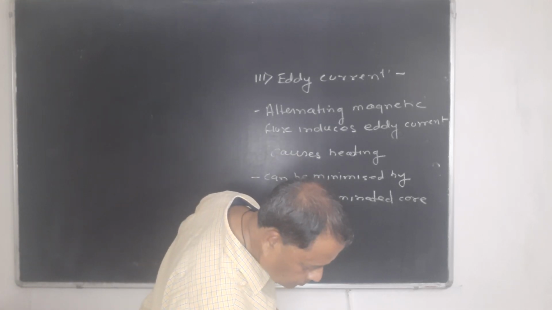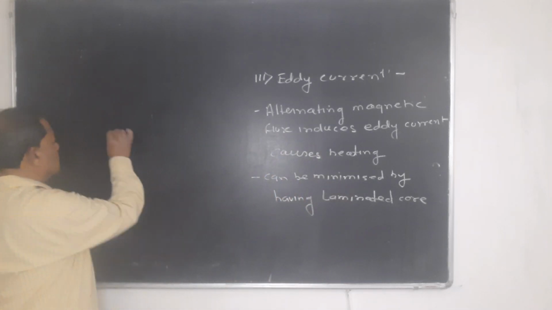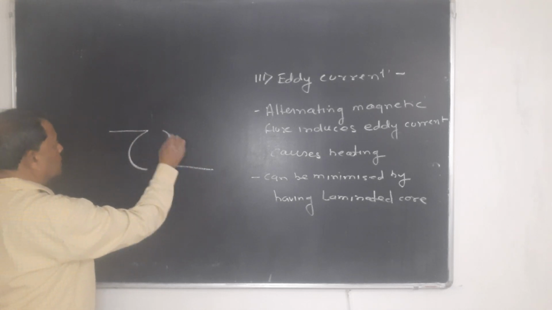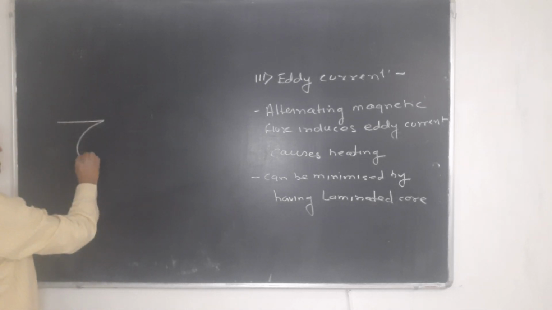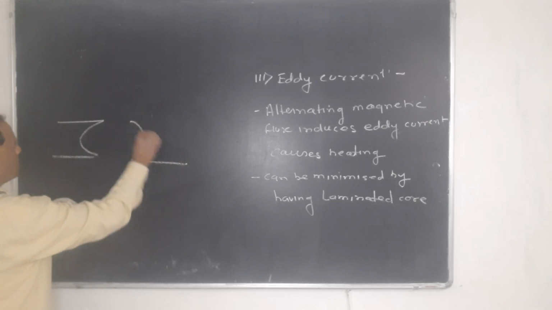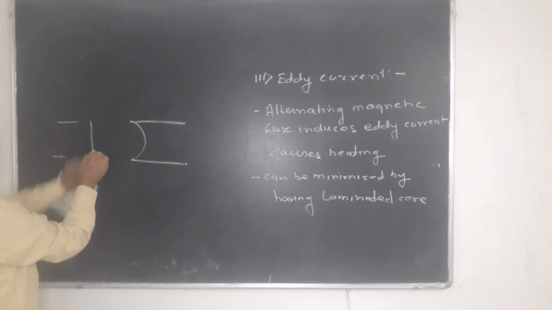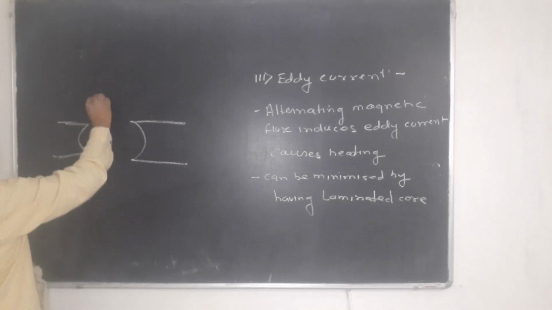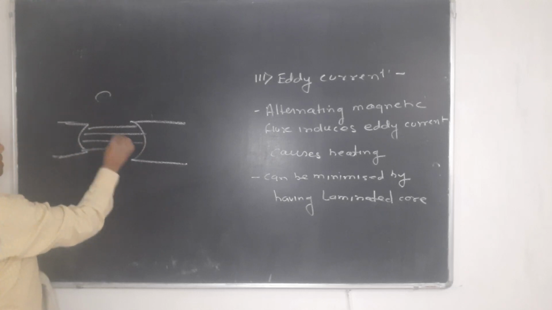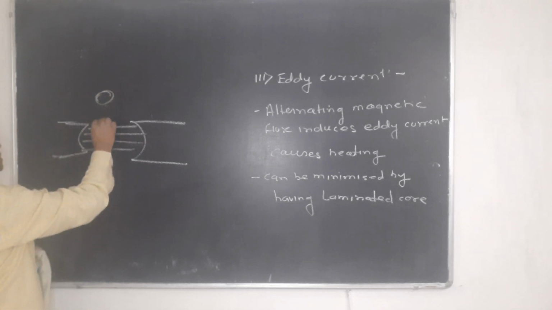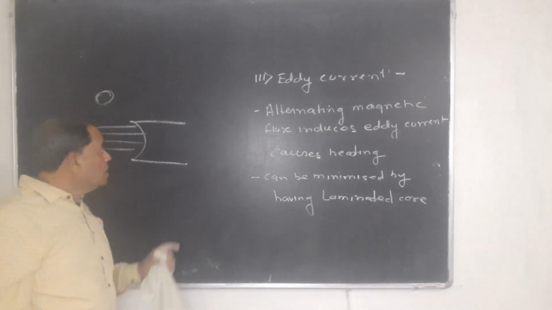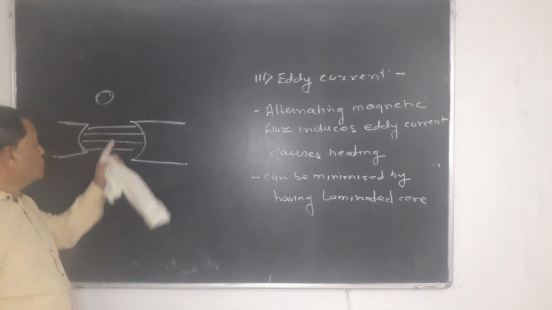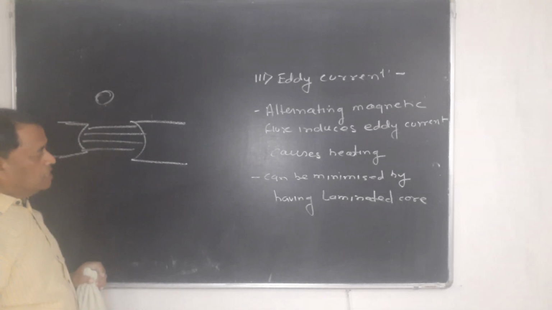So here you know that eddy current, so any magnetic field lines are there. If a metal comes in contact with this magnetic field, here in this metal eddy current will be induced due to change of the magnetic flux. Same here